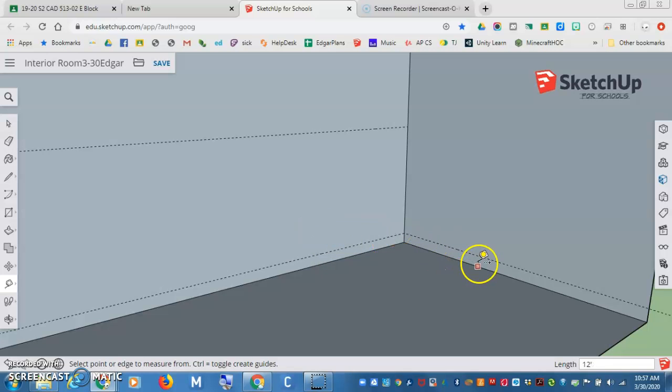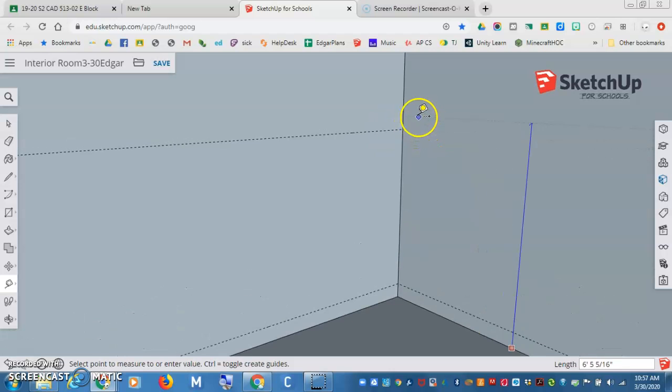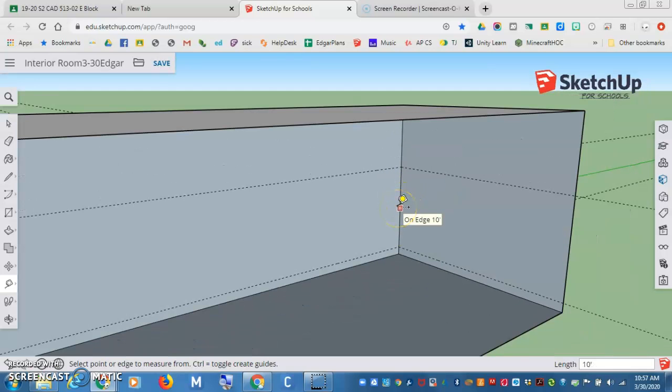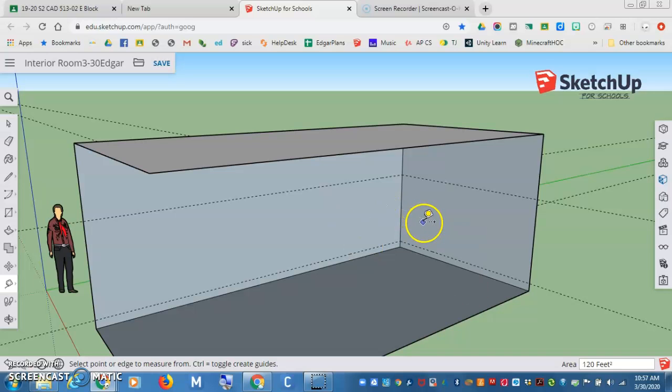And then the other thing to notice is that, remember, if you want to make something exactly the same as the other thing, I can start the process and then I can take my mouse and I can wave it over. See how it's snapping to that line right there? And when I click there, it makes it exactly the same. So that type of process is going to be helpful as you do this room design. Okay, and then the last thing is